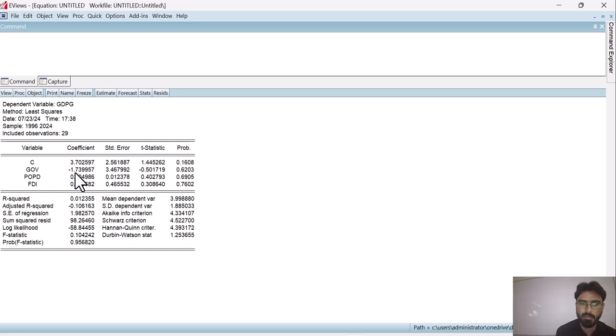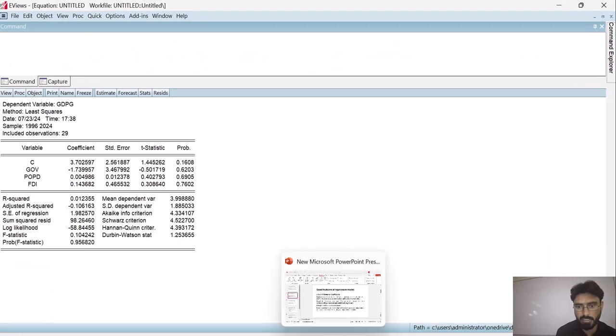It means that when there is a 1 unit increase in GOV, it will decrease the GDP-G by 1.73 units. But these results are meaningless as our probability value is showing an insignificant result. For interpretation of any of these variables, it is necessary that your variable results are significant. If they are insignificant, we cannot predict or forecast our dependent variable on the basis of the independent variable.